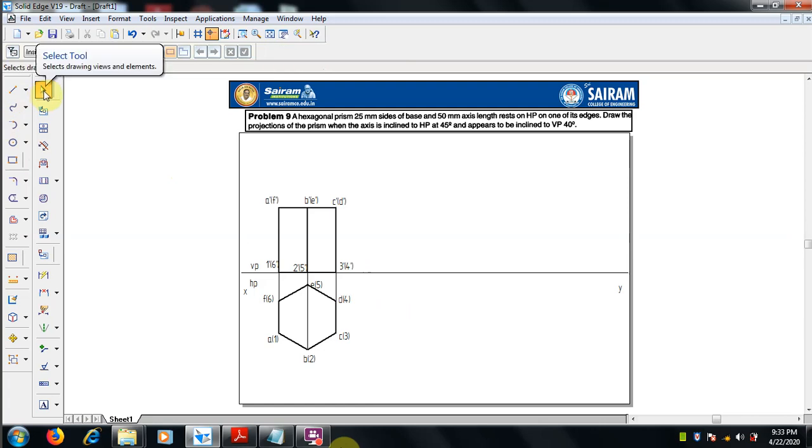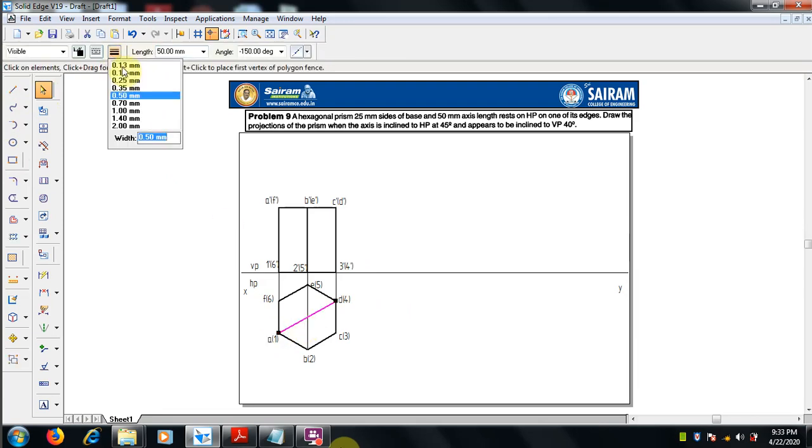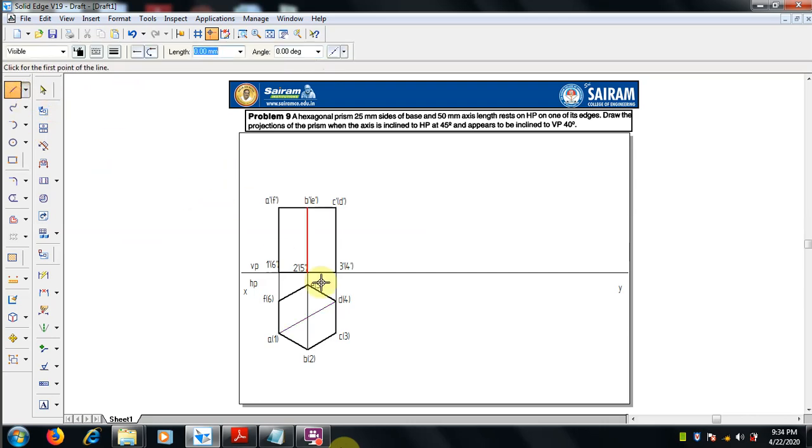And the axis also we have to draw by selecting the axis line. First we have to find the center from the top. Okay, actually here the intersection, in this intersection we will get the axis.